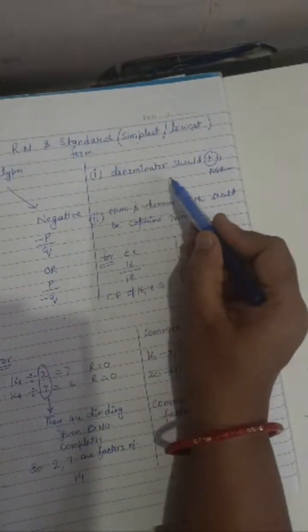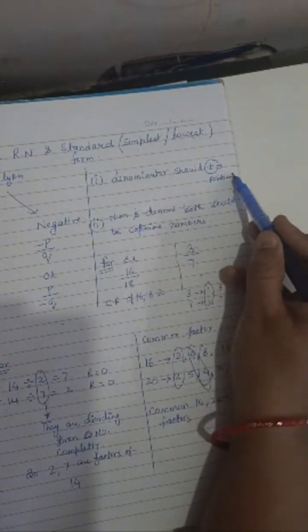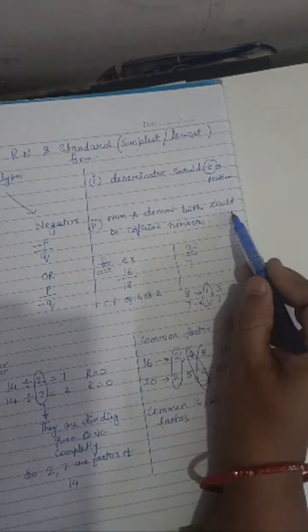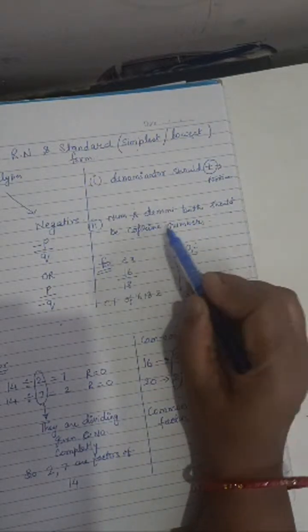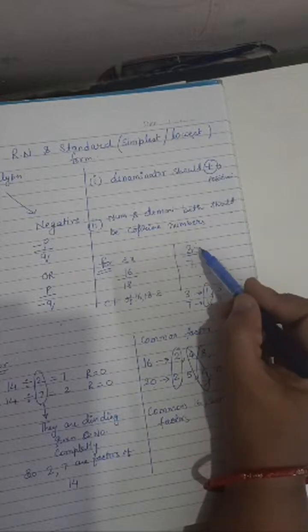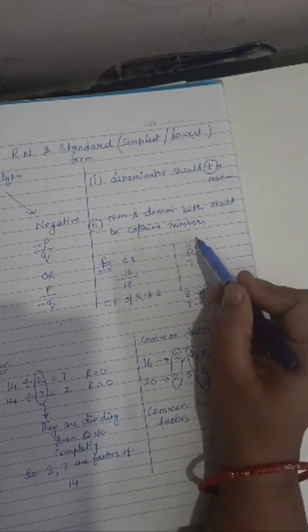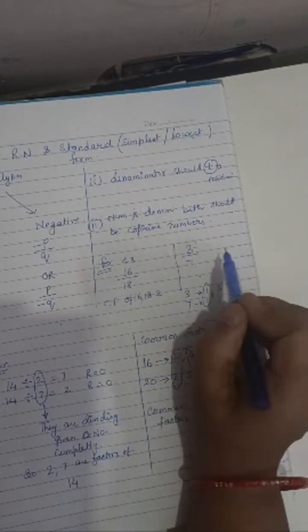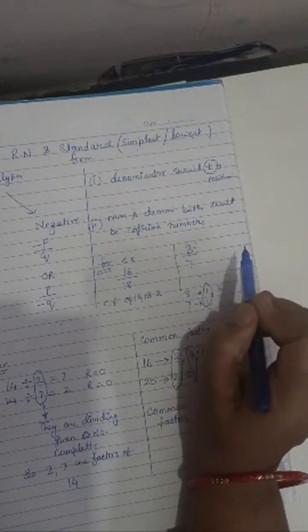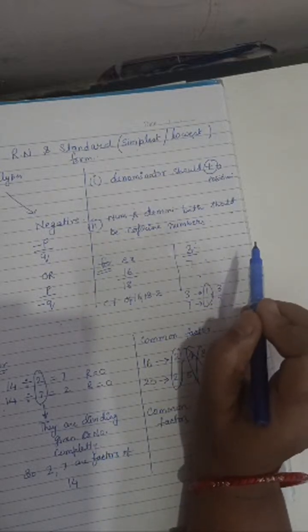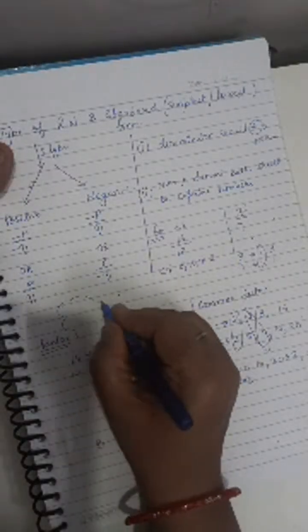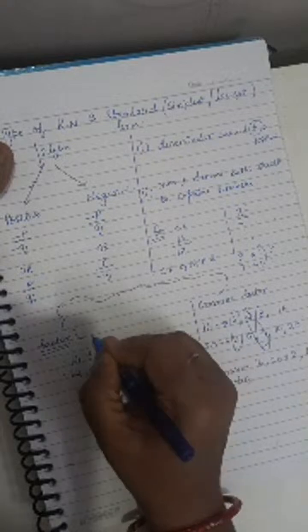The very first thing, the denominator should be positive and the numerator and denominator both should be co-prime numbers. Co-prime numbers means the two or more numbers whose highest common factor is only 1. So, co-prime numbers, I write here in a cloud: